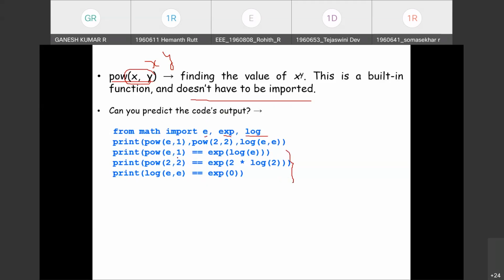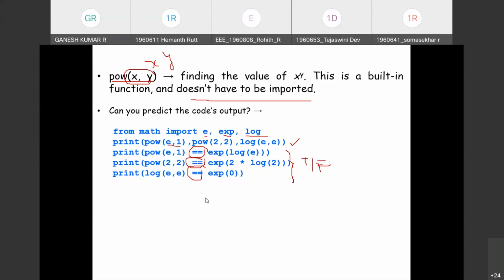Print pow of e comma 1 is equal to exp of log e. The equal to operator results in a binary value, that is true or false. So the first print statement results in a value, either integer or float, according to the input. The instructions 2, 3 and 4 will result in either true or false because of the equal to operator.